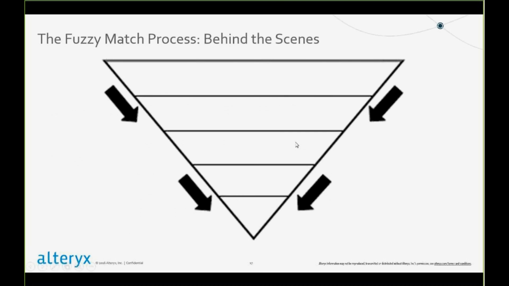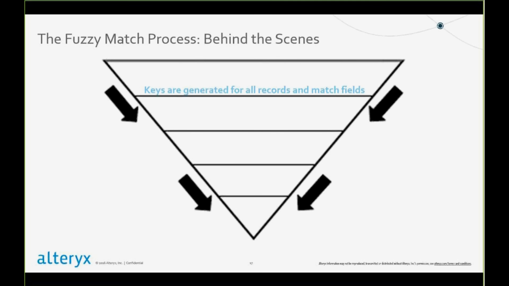Okay, the fuzzy match process. It is a multi-step process, as I mentioned, and so I like this particular slide because I think it's important to break down the different steps if you're ever going to be satisfied with the results you're getting. So it's very possible from this first step to the last step that records are going to fall out. They're not going to be considered matches. And I have found the most common issue with the fuzzy match tool is that a record they thought should match doesn't, and the users don't know why. So that's why I'm showing you this waterfall so you can kind of understand all of the different filters that take place internally behind the scenes that you don't see,